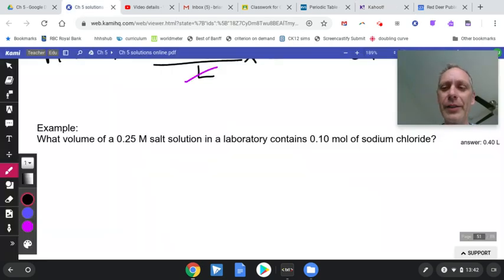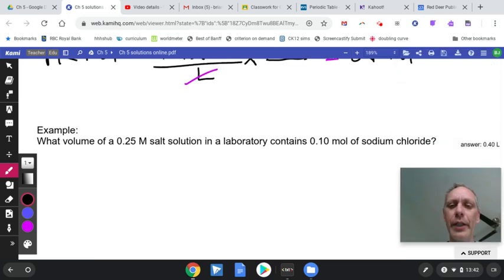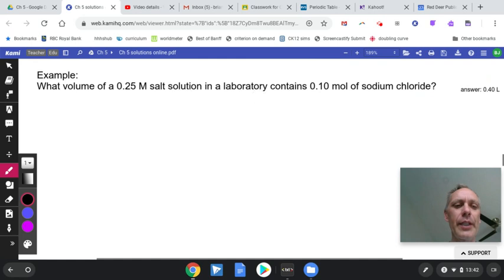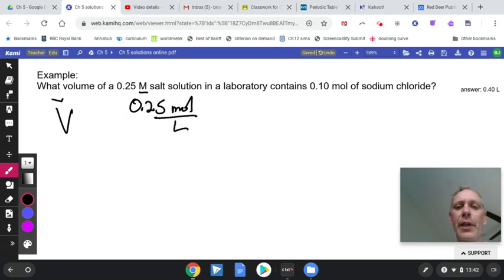Okay, back to our lesson. We'll finish off. We've got 4 examples to go through here. And our first one is what volume? So we're looking for volume. Still slow. Of a 0.25 molar. That capital M means moles per liter. Okay, so what volume of a 0.25 mole per liter salt solution in a laboratory contains 0.1 moles of sodium